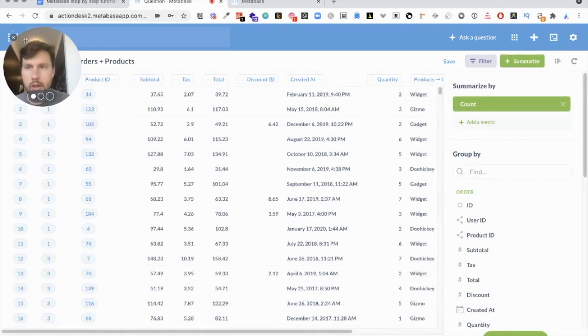Sorry, I said earlier we wanted the revenue, but actually I want the number of orders per month per category. So this time I won't do a sum, I'll actually just keep the count. A count will just count the number of records, and since each record here is an order, that will give me the number of orders. And then I want to group by category